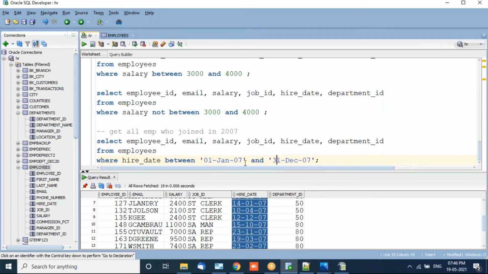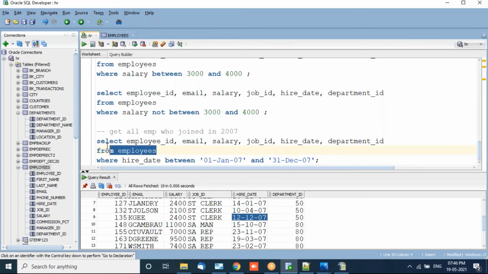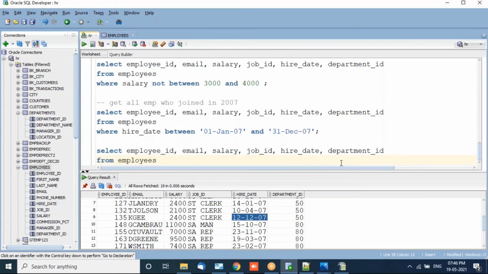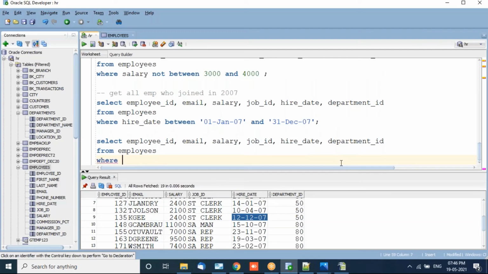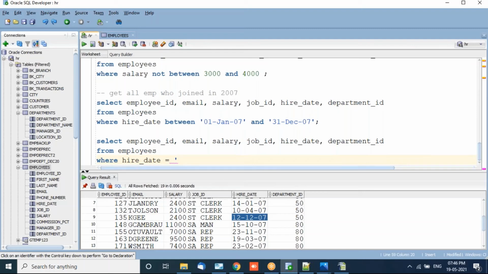See, all in 07. For an exact match, if you want to match only one of the dates, you can use the in clause and the equal to clause in where. For example, hire date equal to, if you want to see just one of the dates, we can give 12 December 07.